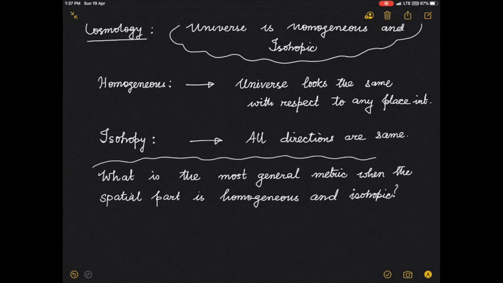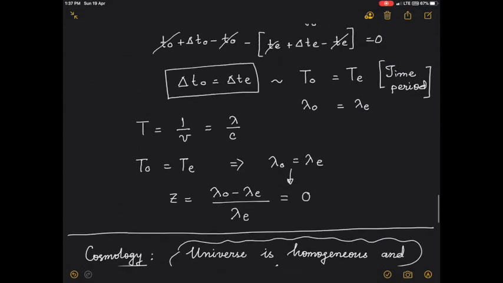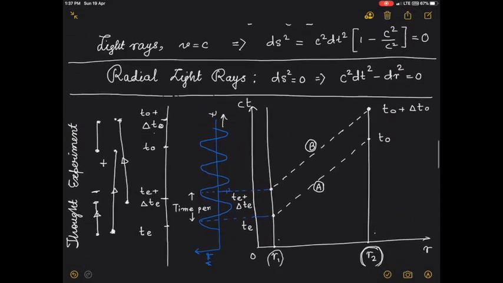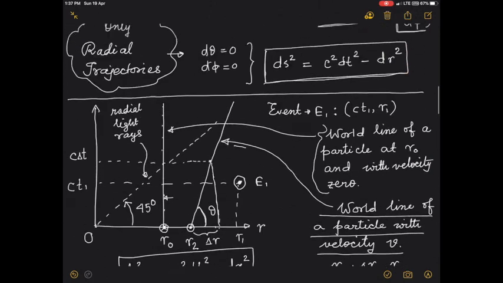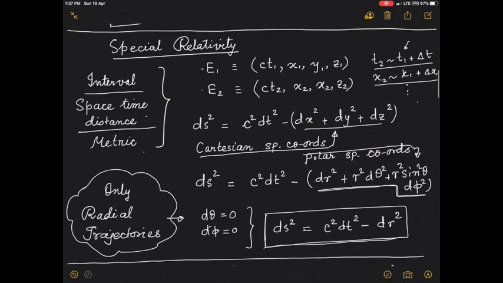So that is the question that people asked. What is the most general form of a metric when the spatial part is homogeneous and isotropic? Remember that we wrote down a particular metric which comes from the special relativity. So this is the metric written for the special relativity